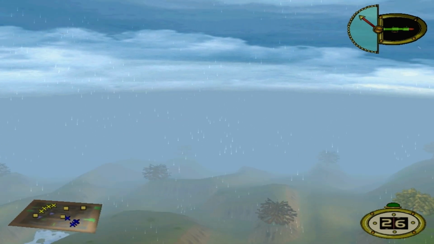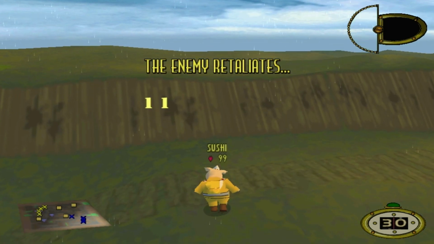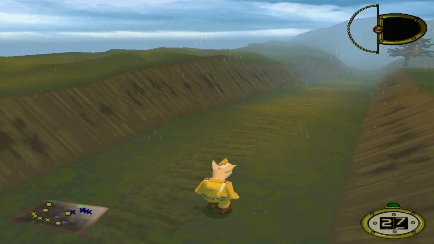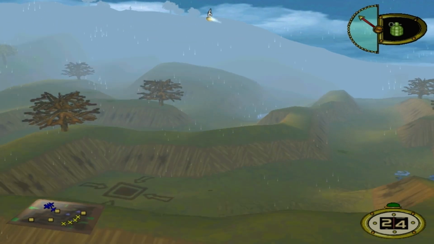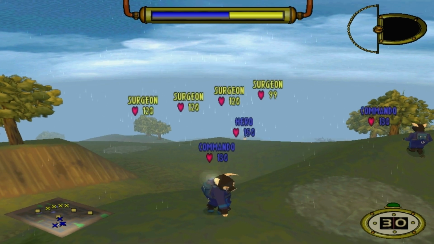So with this mission, you have to wait for the medals to drop. Now it takes roughly about 8 to 9 minutes before they actually drop down and you can collect them. And when you've done that, that's when you end up taking out the rest of the surgeons, because you start off by facing these 4 dudes right here, and then later on another reinforcement of 4 surgeons also drop